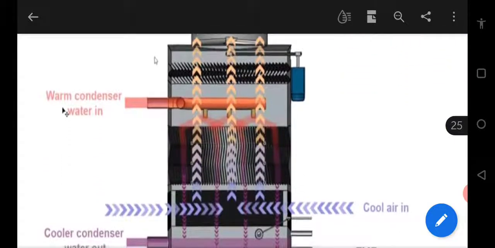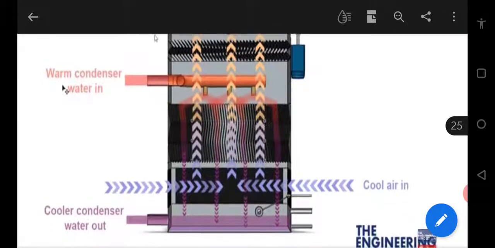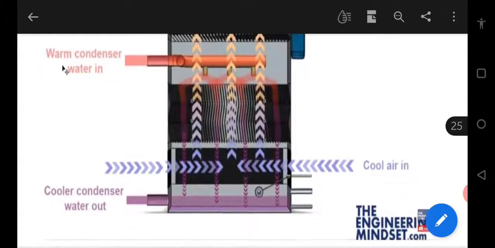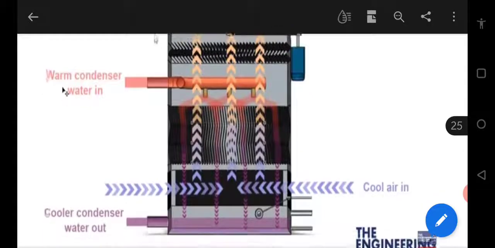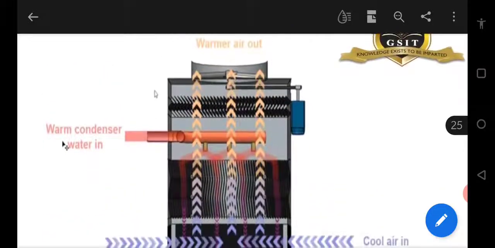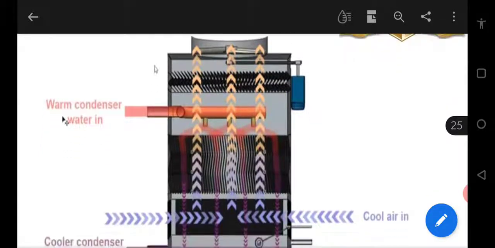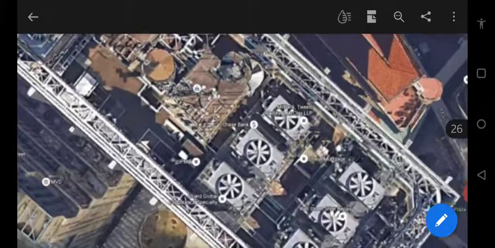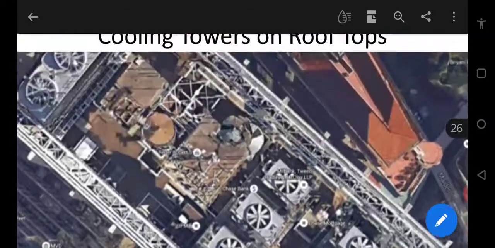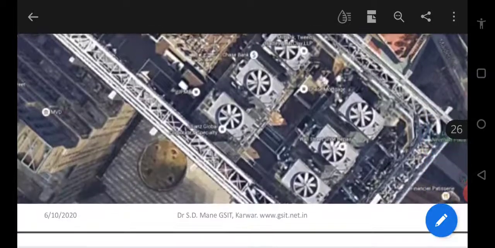And this is a diagram of a cooling tower. Warm condenser water comes to the top. You can see the red color falls down. There is film, a film media, and the cold water is taken from the bottom. There is a small pump for circulation, and this air enters. The cool air enters from the bottom, and it picks up the heat, and the warm air is vented out from the top. And you have a fan on the top, which will induce the draft. So physically, if you see multi-story buildings, this is taken from Google, showing how the cooling towers look. You can see there are 6 cooling towers at the rooftop of a skyscraper. This is how they look.